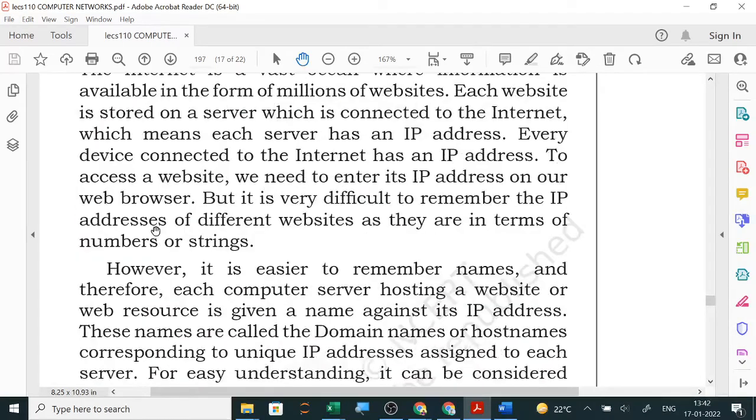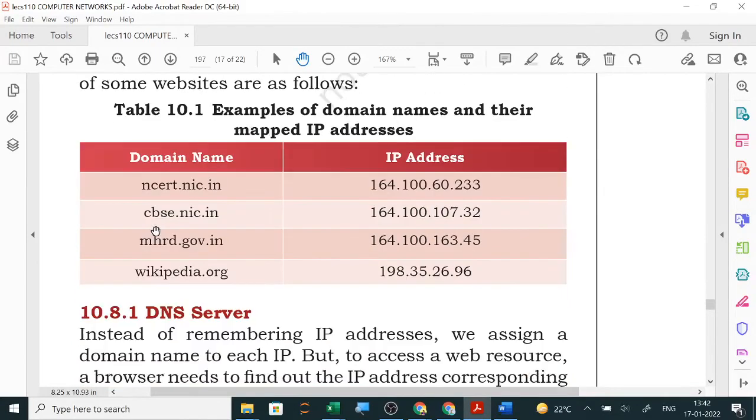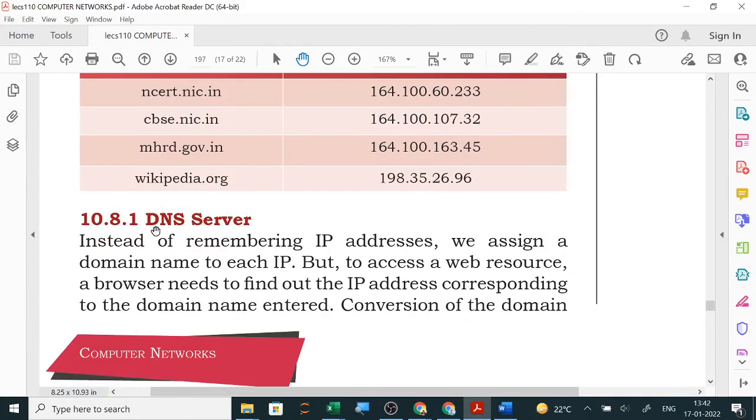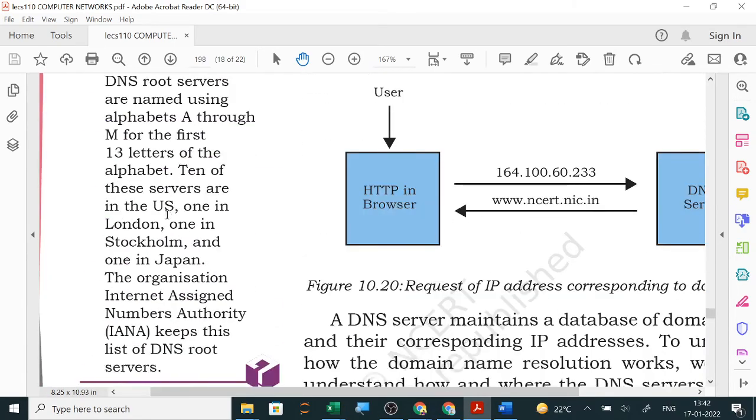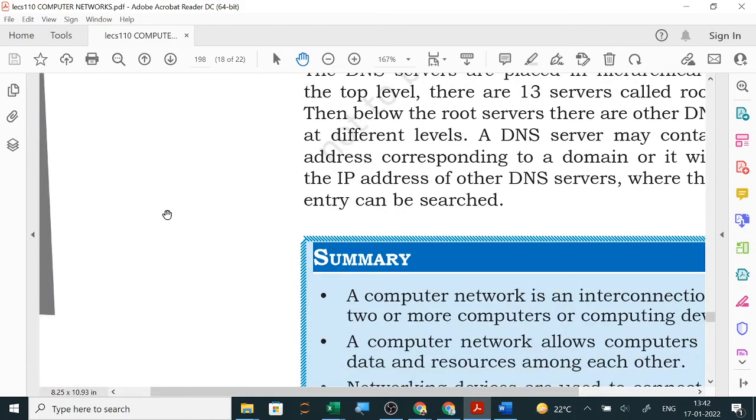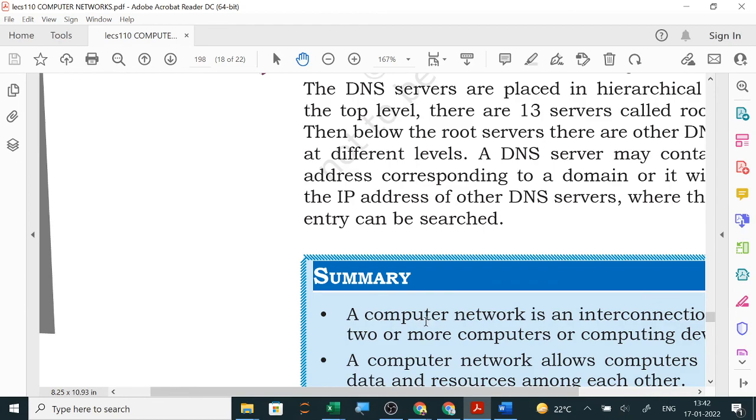So, just go through the book. I am sharing the book with you. What is a domain name? What are IP addresses? Server, client. So, all these things you go through. I will again revise it, and